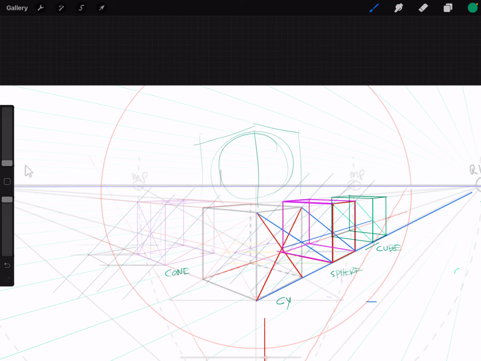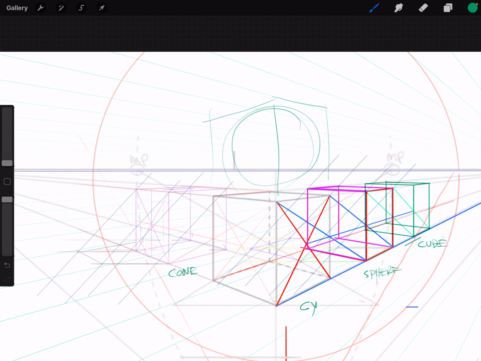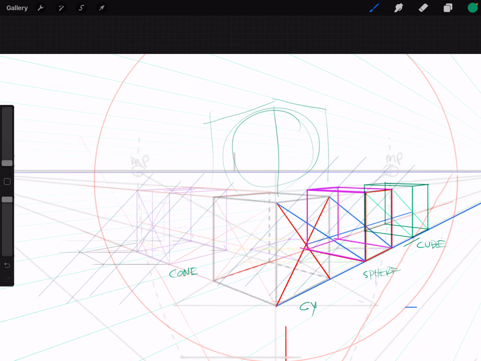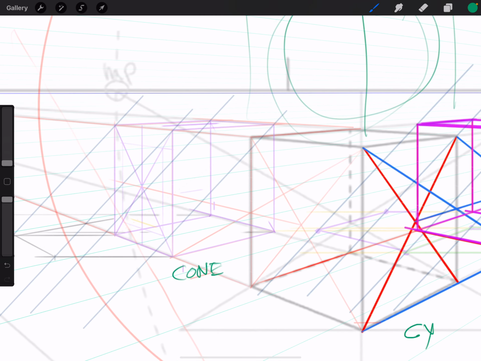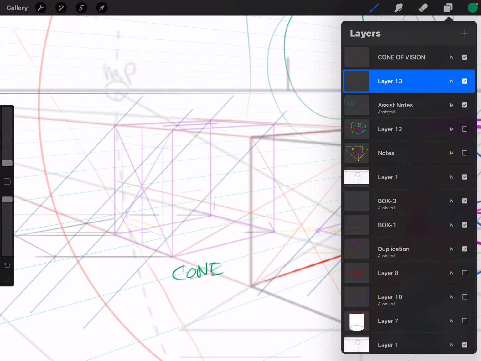So this will be a sphere on top of that one. All right, so let's go with the ones first that we haven't done yet. So we've already done a cylinder. We've done a cube. So let's go first over to the cone, because that one's kind of easy. So I'm going to turn this purple box into the cone, and